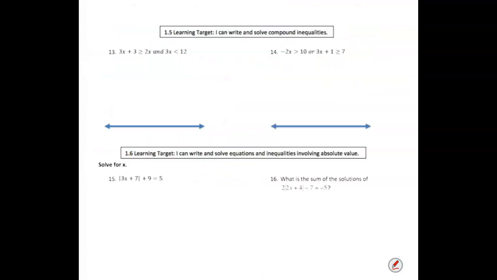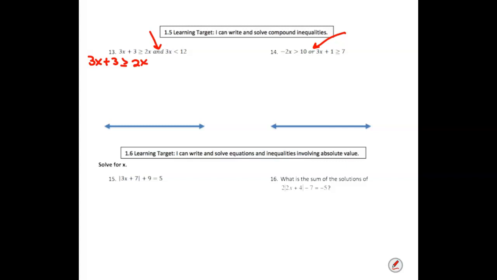All right, writing and solving compound inequalities. This is where we have our and types and our or types. We have to pay attention to that. So our first one, we have 3x plus 3 is greater than or equal to 2x, and at the same time, we need 3x to be less than 12. So going through and solving these,